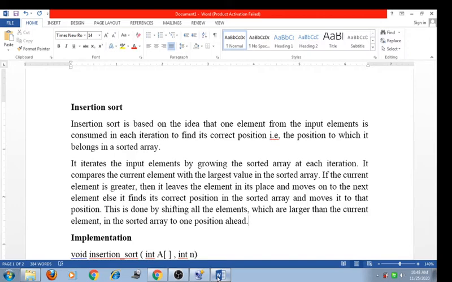Assume we have a list containing the elements. By applying the selection sort, the first element is compared with all the remaining n minus 1 elements. The smallest element is placed at the first location. Again, the second element is compared with the remaining n minus 2 elements, and if the element found is lesser than the compared element in the remaining n minus 2 list, then the swap operation is done. In this type, the entire array is checked for the smallest element and then swapped. This is about the selection sort.